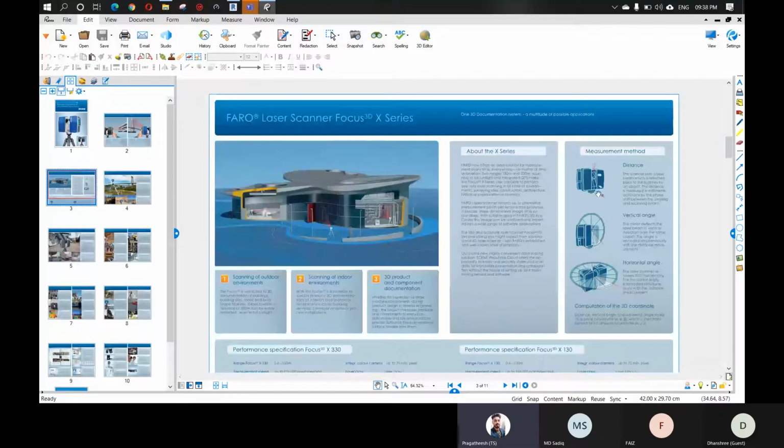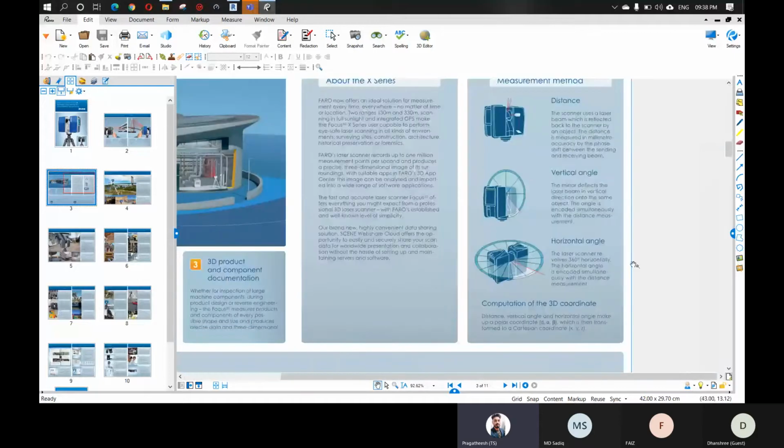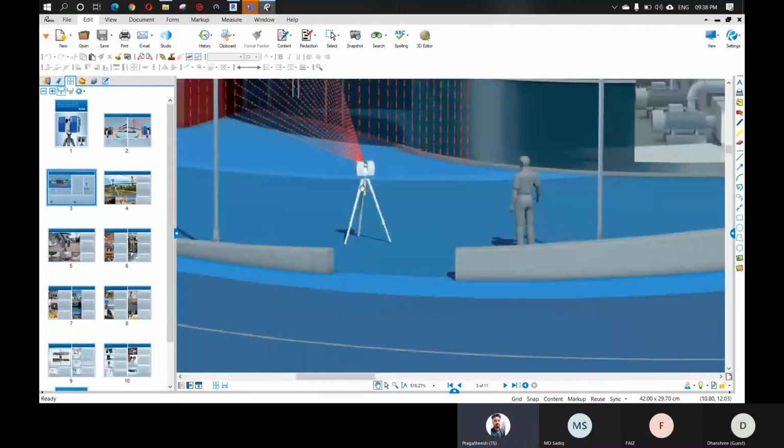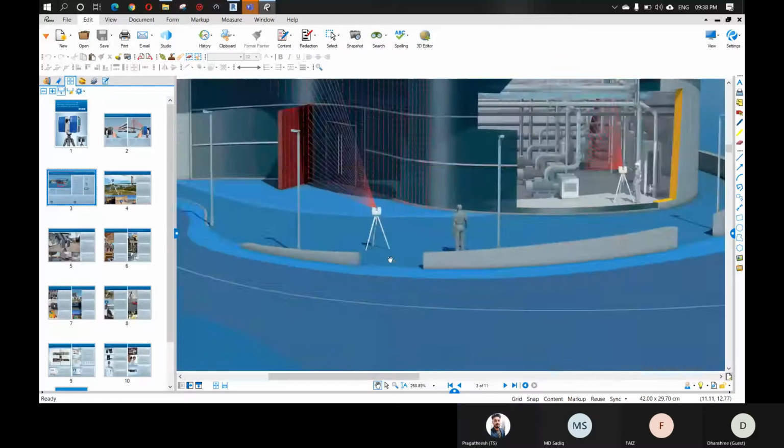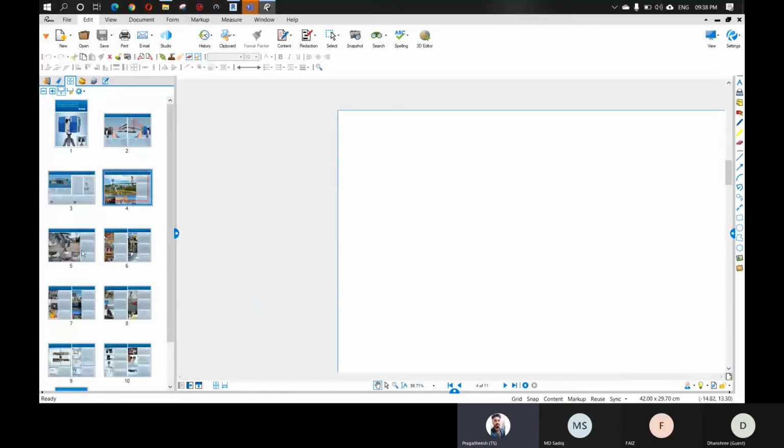Okay, and this machine consists of two cameras. You can see the vertical angle and horizontal angle. In the horizontal angle it covers 360 degrees, but in the vertical angle it covers only 300 degrees. It will not cover 360 degrees because the 60 degrees below the equipment, the tripod area that you're seeing here, will not be covered. So horizontally 360 degrees is covered, but vertically 60 degrees is not, the tripod area. This is how the scanning is going to happen.